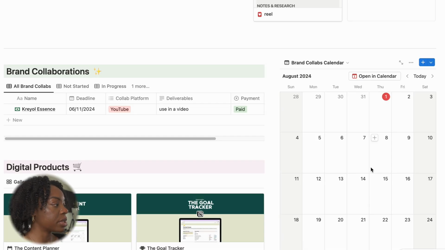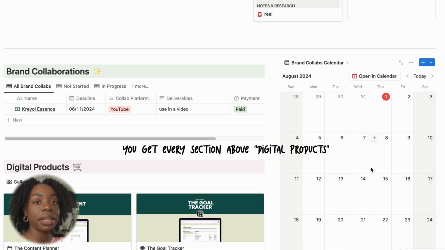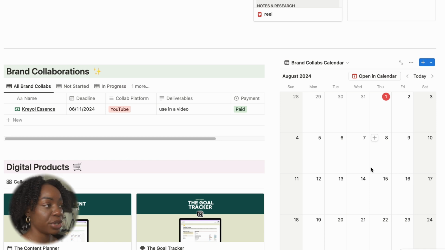When we scroll down, we see brand collaborations. The template that you will download will have this brand collaborations section, but everything else under it, I added myself to match with my creative things that I've got going on. So you can also do the same. So when you get all those brand collaborations, which you will get and I will get, we will be flourishing, they will all be on their own calendar.